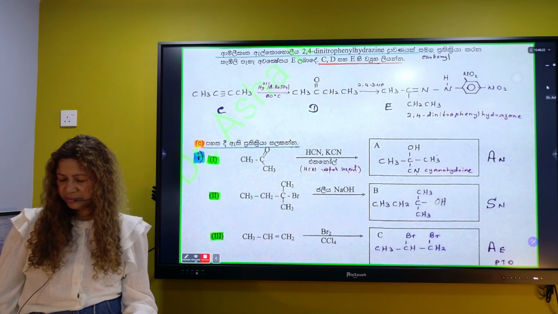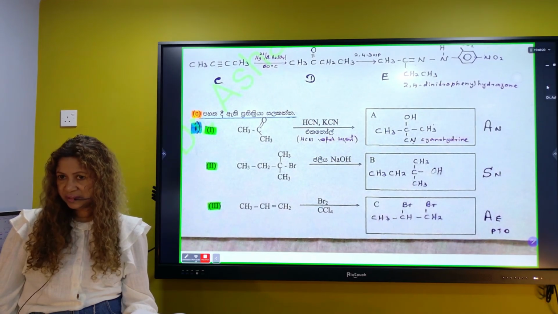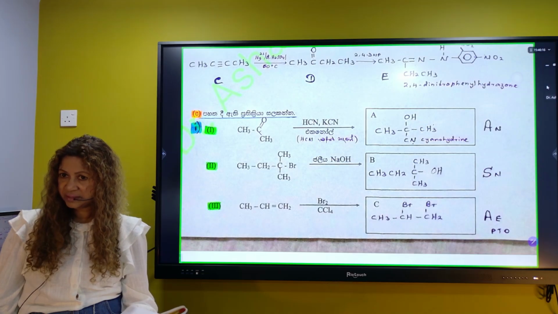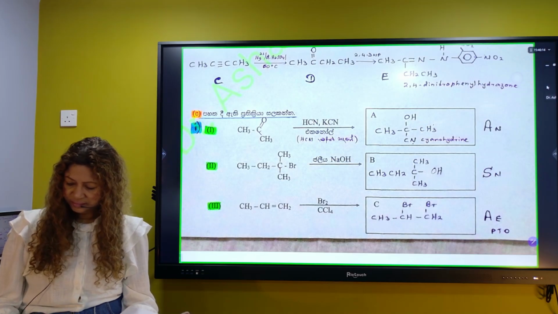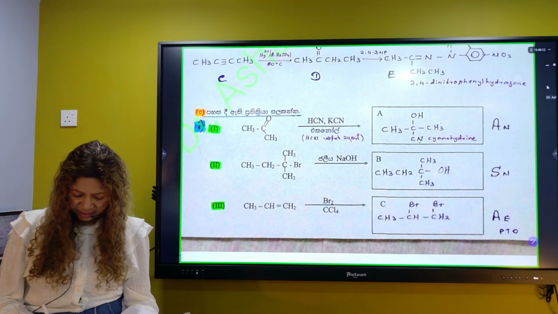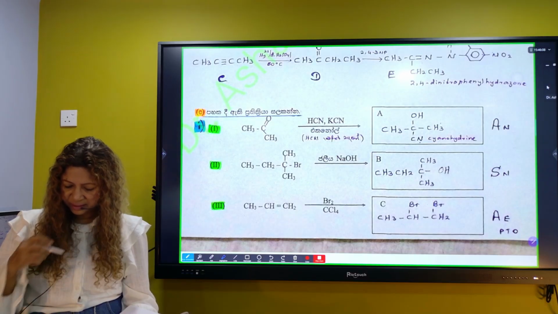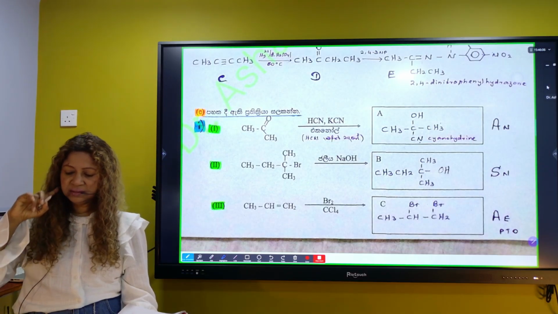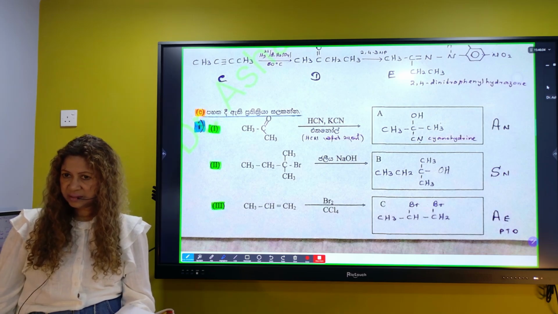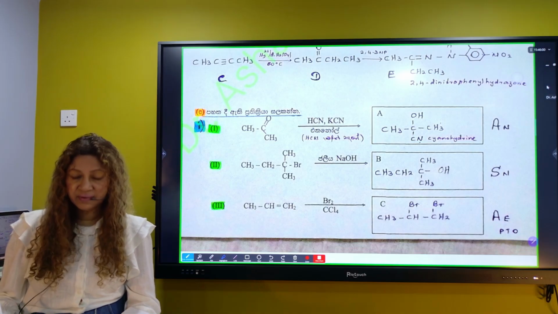Could you be able to complete all the MCQs, everything? How many remaining? 50. Keep this top page; you have this many MCQs to do. Sometimes when you get time you can do that. What are we doing next week? 11. Let's see if we can finish this.